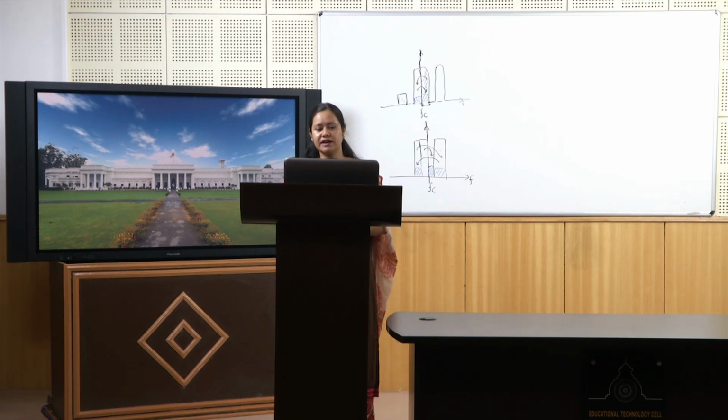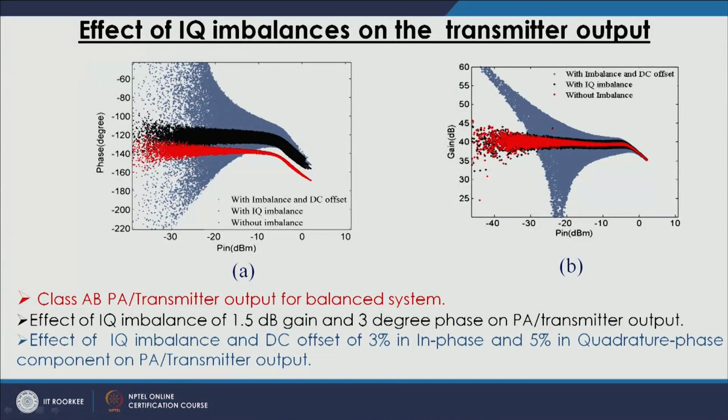So, we can see that it has shifted by a few degrees, and that is the intent of the phase distortion here. Moreover, because of the IQ imbalance, we are seeing a more dispersed system here. In the gain also we can see more distortion, the black one over the red one. And if DC offset is also there, 3% in the I phase and 5% in the quadrature phase, then